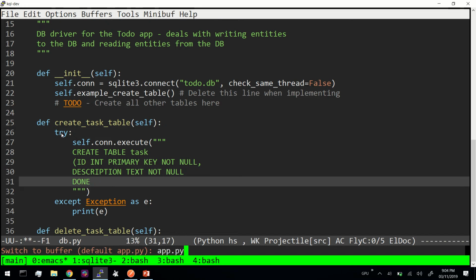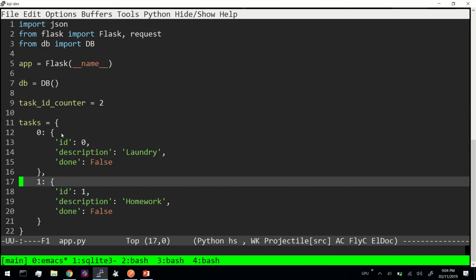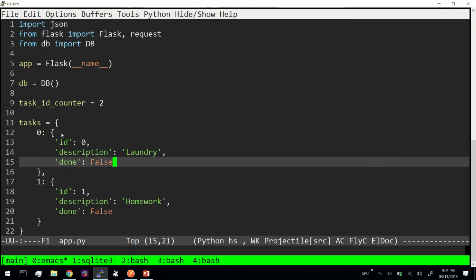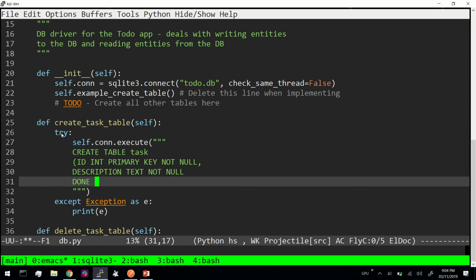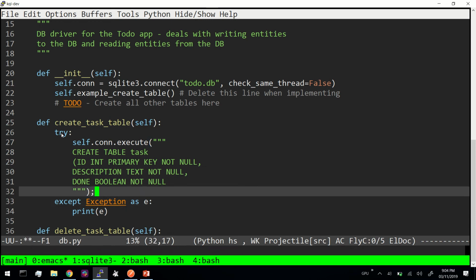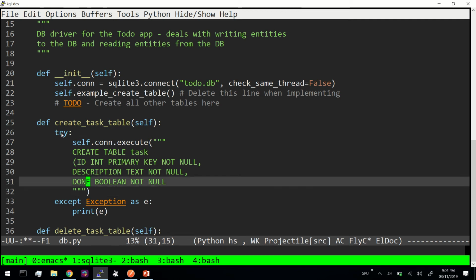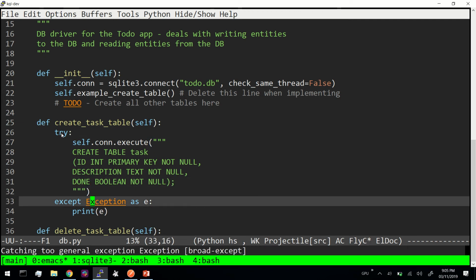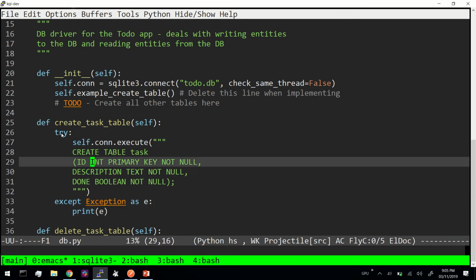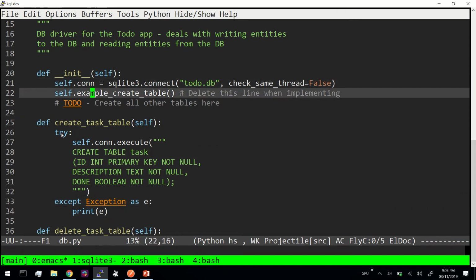If we look back at our app.py, that's pretty much exactly how these tasks are laid out, just with capital letters. Okay, so done is a Boolean type, true or false. So that's our create task table. It's pretty much exactly the same as the example create table, so we can just remove that line and try running the create task table instead. And if we wrote that correctly,